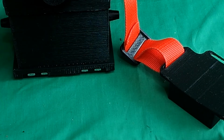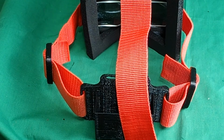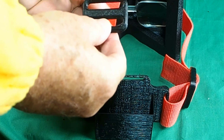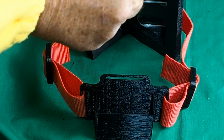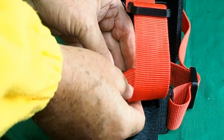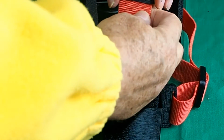Now you do that for the other two buckles. I'll do that now. I'll just do the last one again, just in case my fat fingers got in the way. Remember, it goes underneath the buckle, over the top of the buckle, over the top of the slot on the back piece, pull this a bit closer to the head,